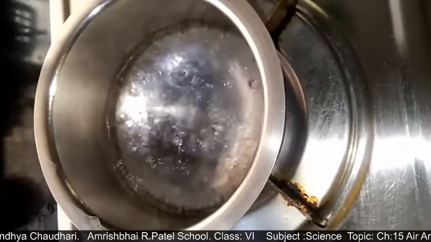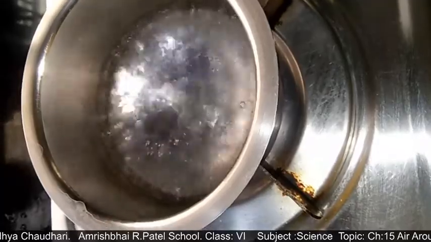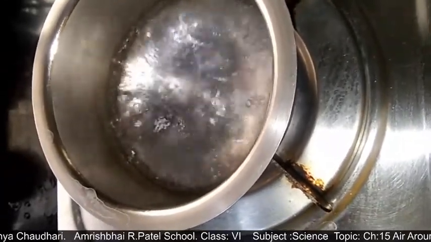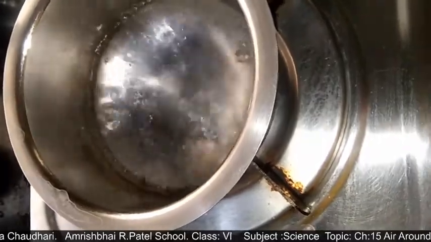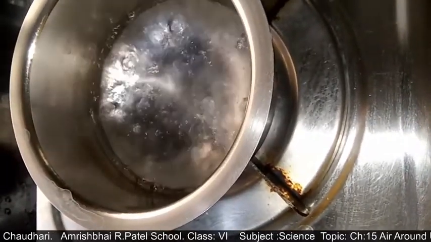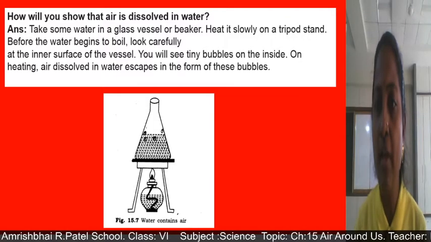Children, I have kept one vessel on the gas and the water starts boiling now. As you can see here, the bubbles are coming out from the bottom. So this shows that water contains air. So you have seen this activity.